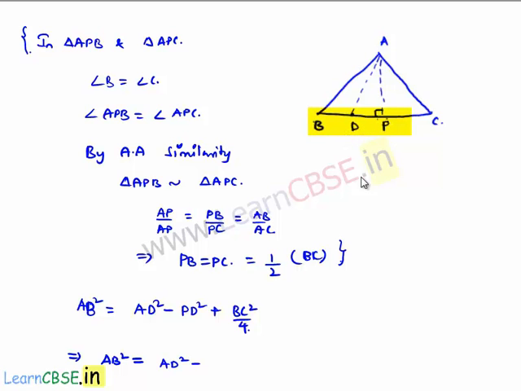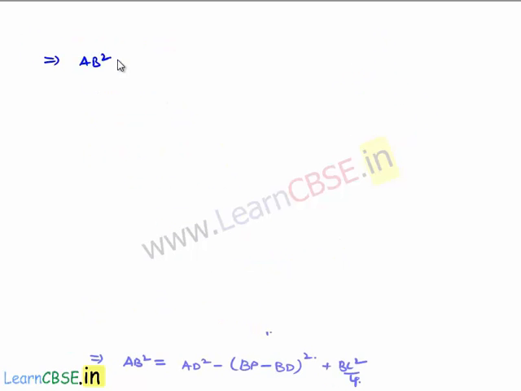here we can write PD as BP minus BD whole square. Here we are also left with BC square by 4, which implies AB square is equal to AD square plus, let us write the BC square by 4 here, plus minus BP minus BD whole square, which implies AB square is equal to